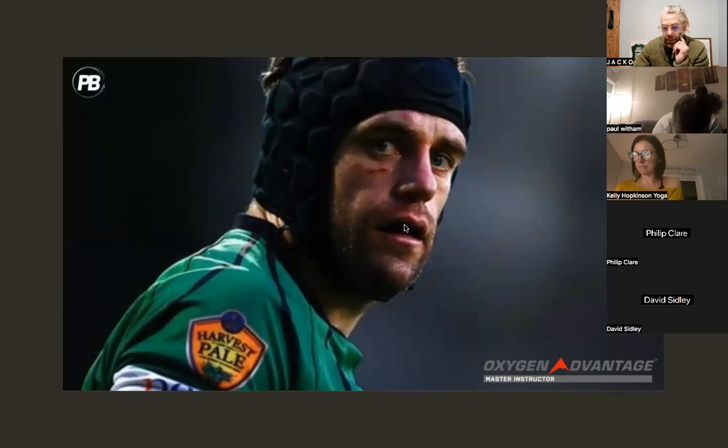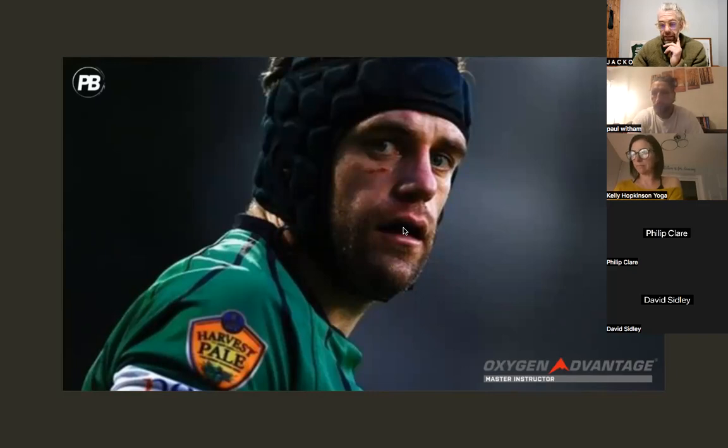This is me back when I didn't know any better about nasal breathing, with a mouth guard in, playing rugby, mouth just casually open, casually mouth breathing for no particular reason. I don't look particularly out of breath at this point. Ironically, this was a photo from my last ever rugby game. The week after this, I had a traumatic brain injury in training. That was 10 years ago, and that was the end of my rugby career